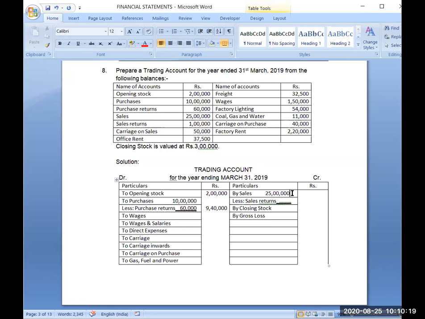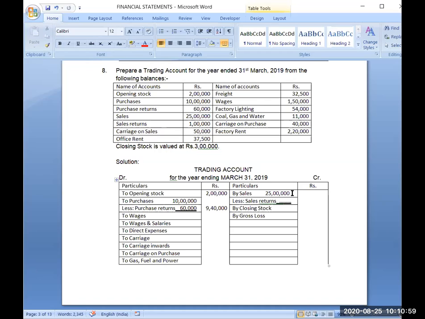See, right now we are practicing trading account. So in questions, generally you will get the accounts which you will be able to write in trading account. Later on, you will get more accounts. Some of the accounts will go to profit and loss account. Some of the accounts will go to balance sheet. So you will not be able to classify them if you have not practiced each and everything in advance. So right now, focus on trading account only. And if you will learn it, then you will be able to complete the profit and loss account. If you will learn both of them, then you will be able to complete the balance sheet. This is the proper sequence of learning this chapter.